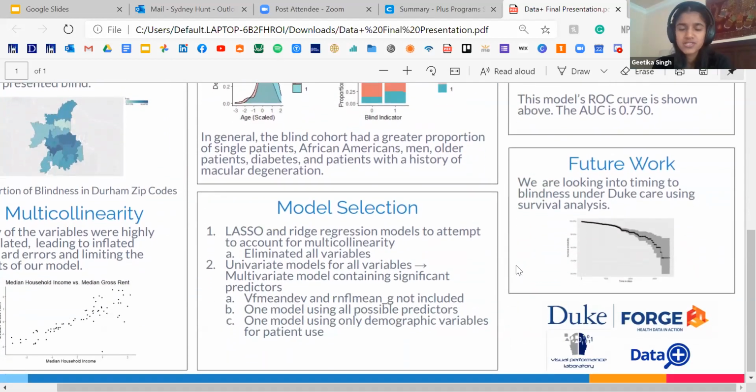So we were also working on survival analysis to actually see the progression of how the patient can go blind under Duke care. If the patient was not presented blind when he or she visited Duke care for the first time, we considered them in the cohort, and we saw if they go blind, how the procedure was and how much time they took to do that. So in this case, the graph shows